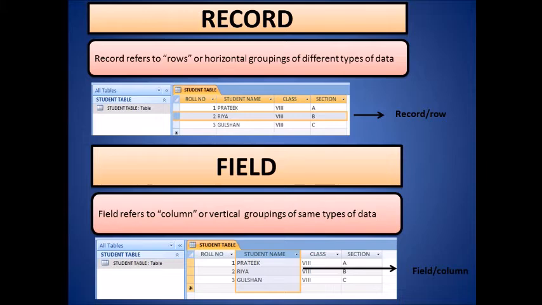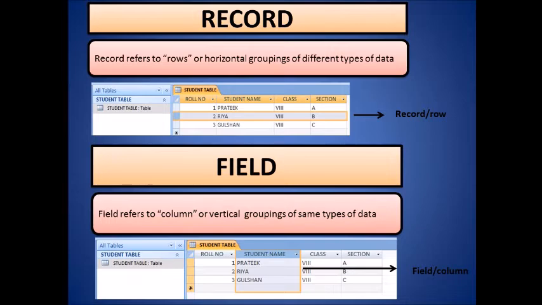Record. If we have created the table, then the table consists of rows and fields. So a row is a record. A row is the horizontal grouping of different types of data. How different types? You are seeing the picture: roll number, student name, class, section.